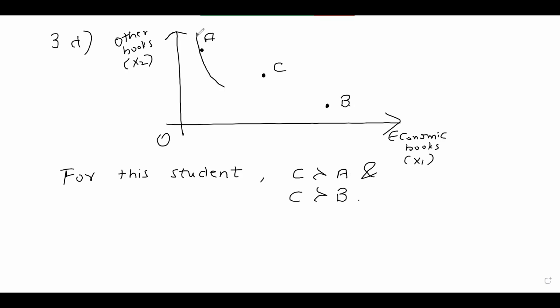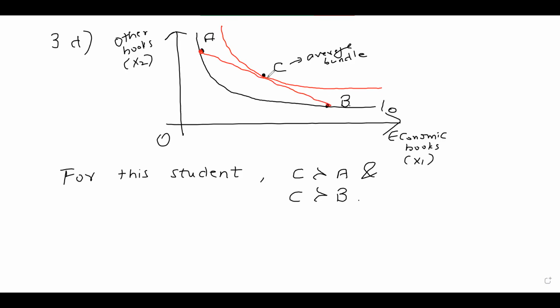Cobb-Douglas, convex indifference curve, C. Both A and B, suppose hypothetically, lie on the same indifference curve. Since the consumer prefers average, C is like an average bundle. The average bundle lies on a higher indifference curve. I can join points A and B. You can see that it passes through C. So C is like the average of A and B. Not exactly, it may be an average. So C is like an average of A and B, and C lies on a higher indifference curve I1, because